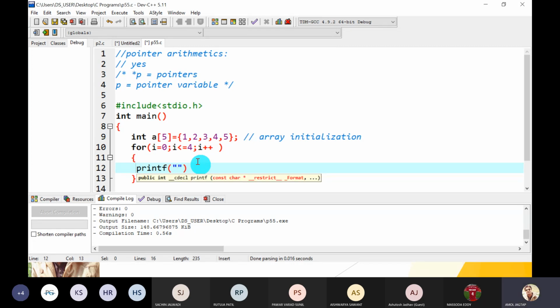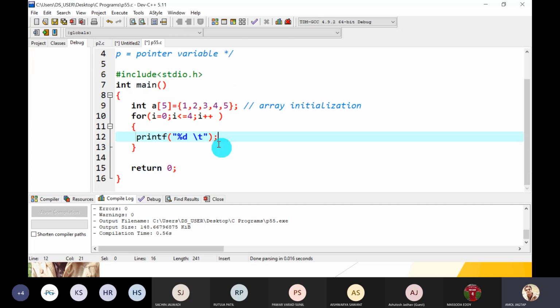What do we have to print? Display the values in the one-dimensional array. So percentage %d, use a tab. Tab means 3 or 4 spaces. Then semicolon. So how do we print it? By using the array index.